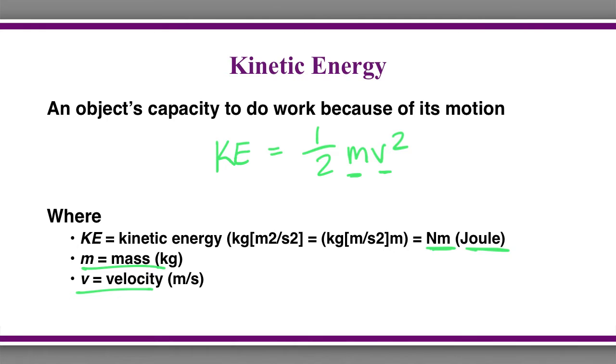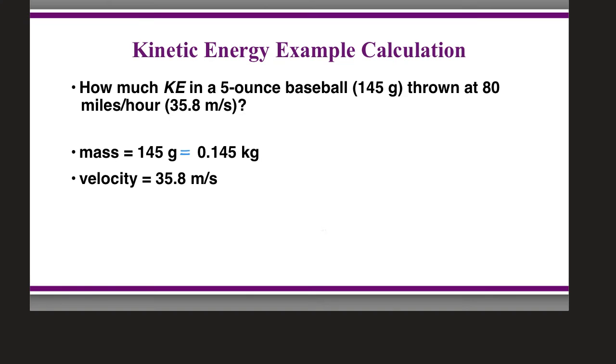And as we've stated already, if you are given grams or even miles per hour in a particular problem, make sure that you are converting to kilograms and meters per second. So in our basic example for kinetic energy: how much kinetic energy in a 5-ounce baseball, or 145 grams, thrown at 80 miles per hour or